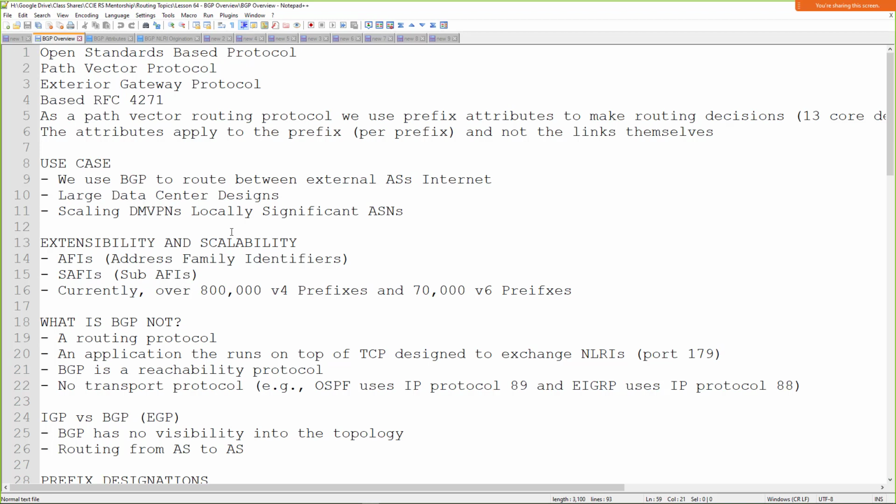BGP is an open standards-based protocol, and I'm just kind of going to read this because it's pretty concise the way it's written anyway, so it's kind of difficult to summarize what's already here. It is a path vector protocol. It is exterior, like we talked about. The base RFC 4271, and it says here, as a path vector routing protocol, we use prefix attributes to make